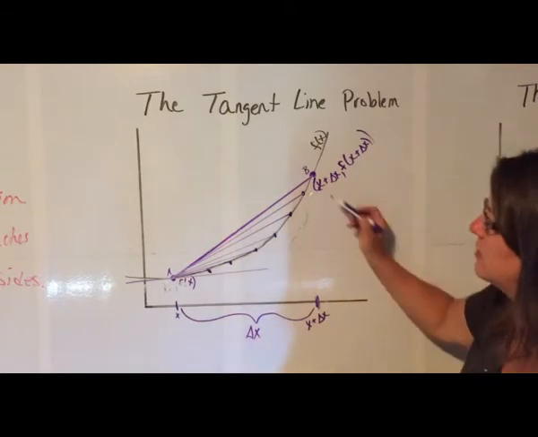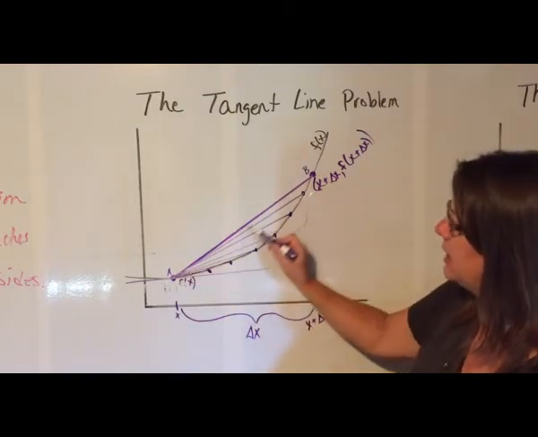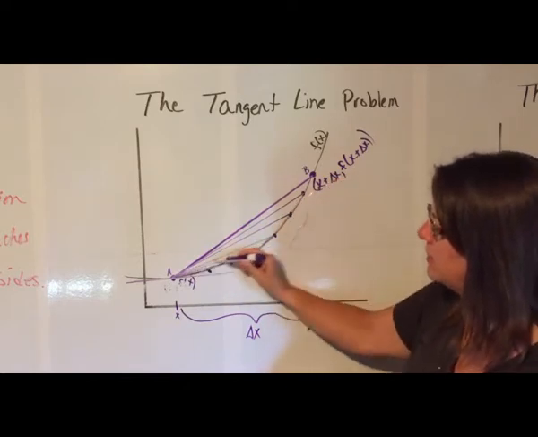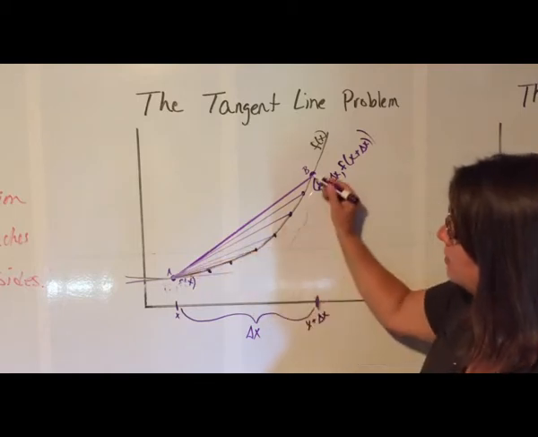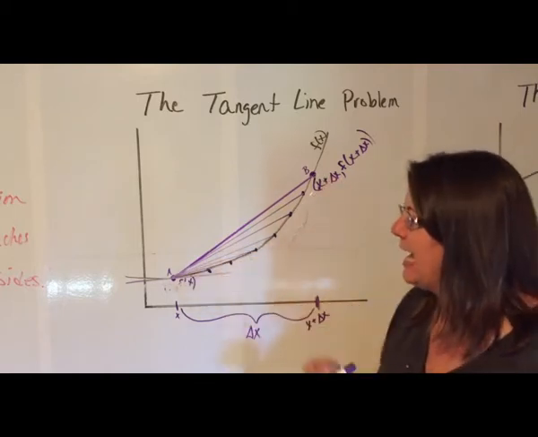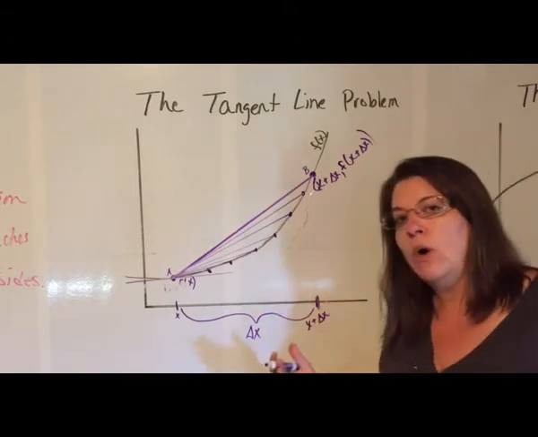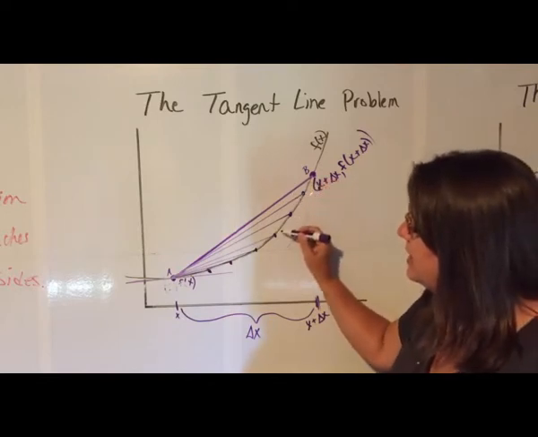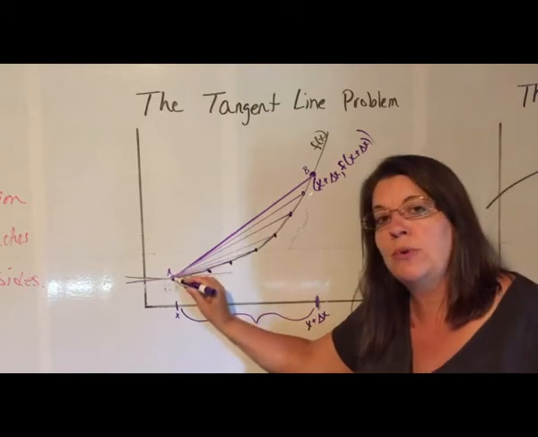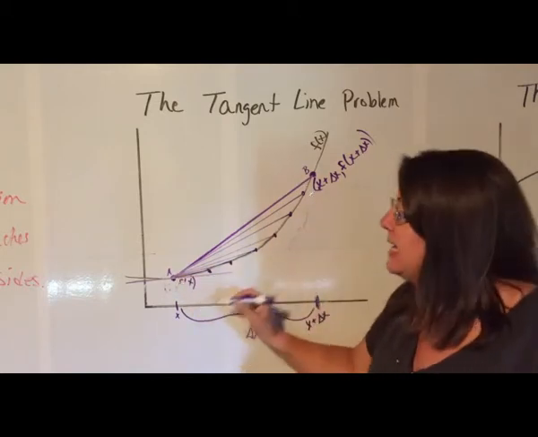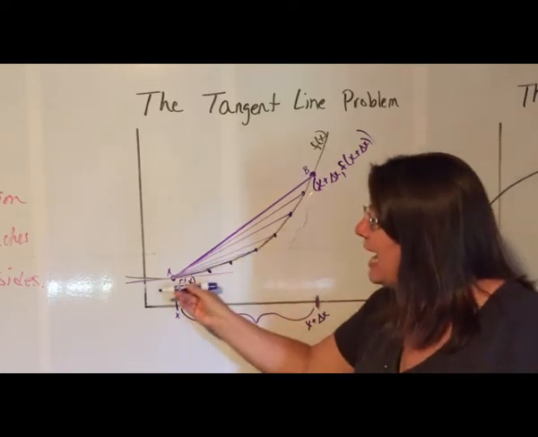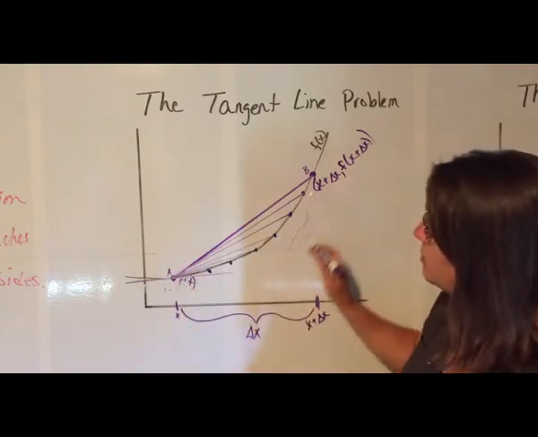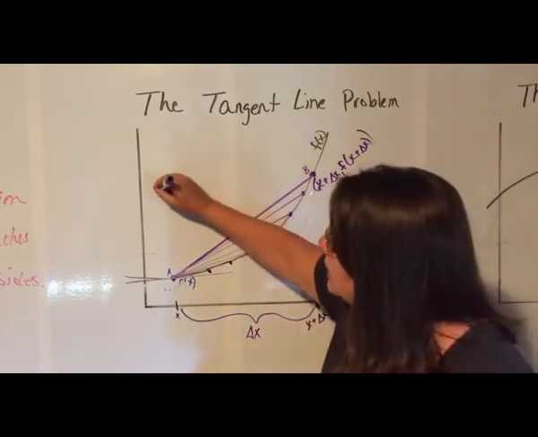Okay, so if you look at these slopes, the slope from this A to B is getting gradually less steep. You see that? As our B value approaches the A value. And basically what we're seeing here is the slope of the secant line as B gets closer and closer to A, or as B approaches A, is getting closer and closer to the actual slope of the tangent line, okay? And this slope of the tangent line is what we will be finding when we are finding